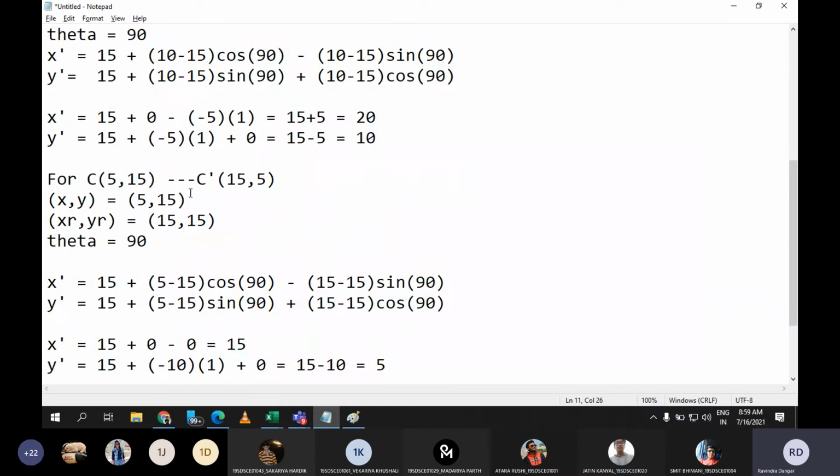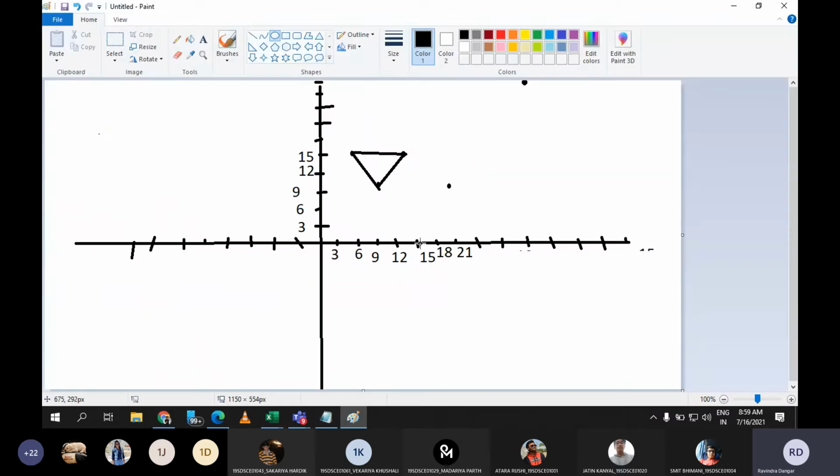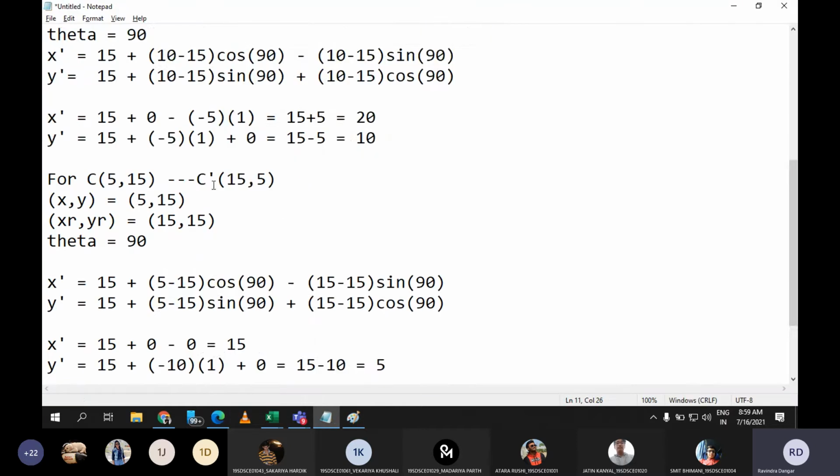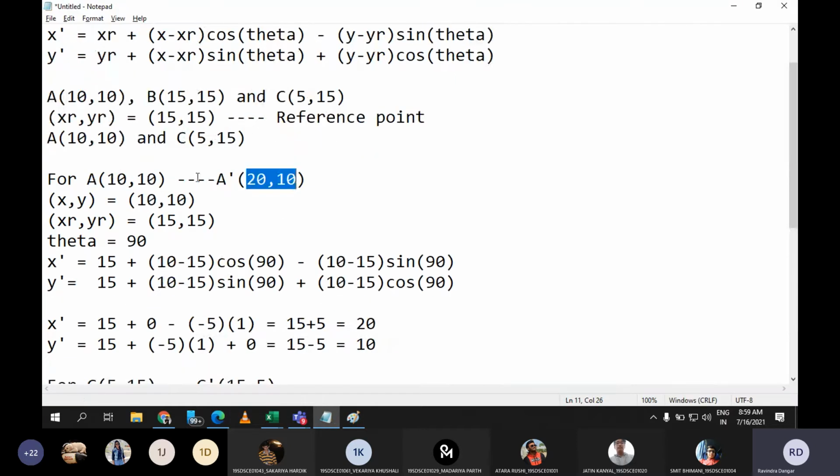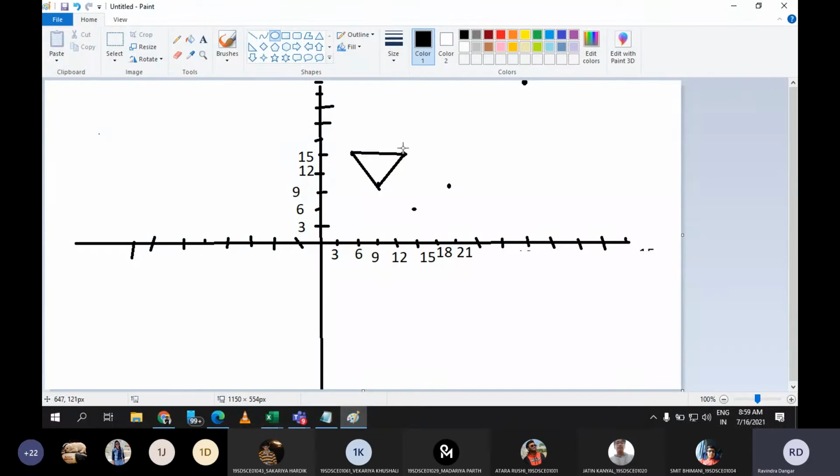And what is the next point? 15, 5. 15 is here, and where is 5? 5 could be here. So here it is 15 and 5, and our reference point is 15, 15. So I'm talking about this point. This point is common. Now if you draw the line,